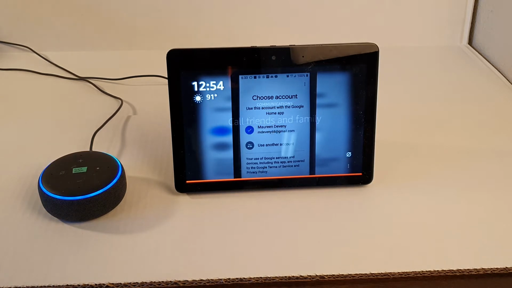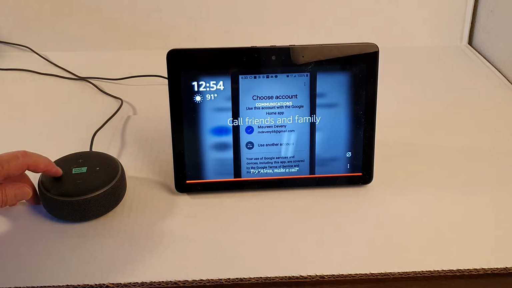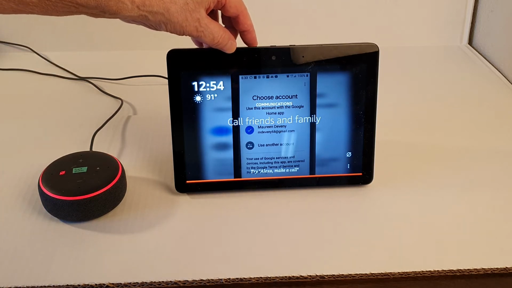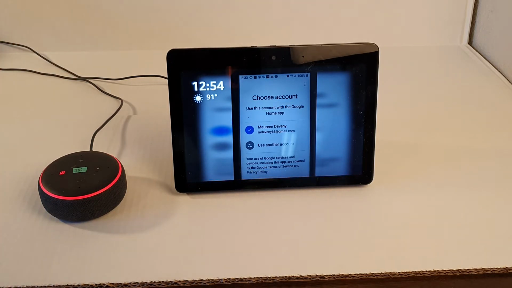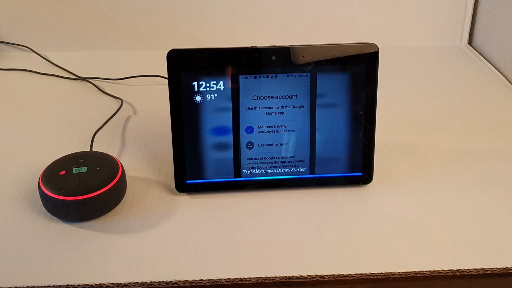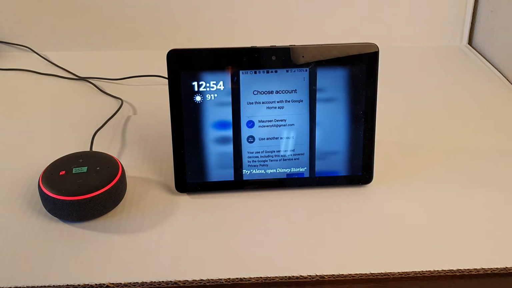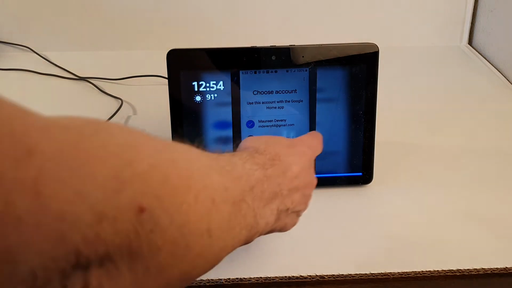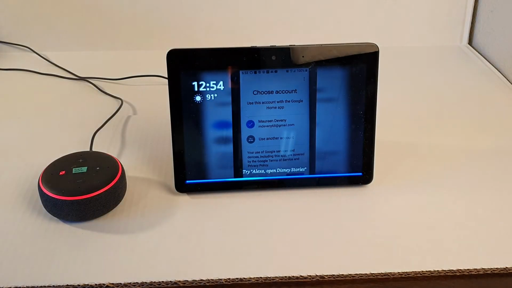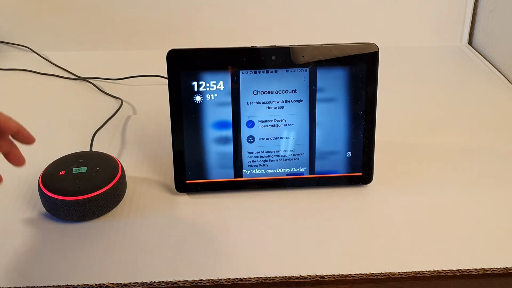Alexa, what time is it? The time is 12:54 p.m. Okay. Hopefully you heard the p.m. Let's try it with a screen. Alexa, what time is it? It's 12:54 p.m. Again, there's no real display of it, and it's just that, and I don't know, is that a.m. or p.m.? So let me show you what MyClock does.